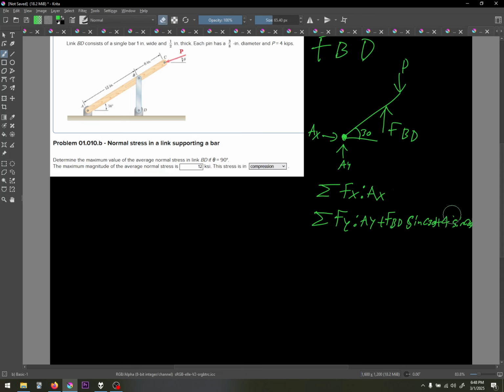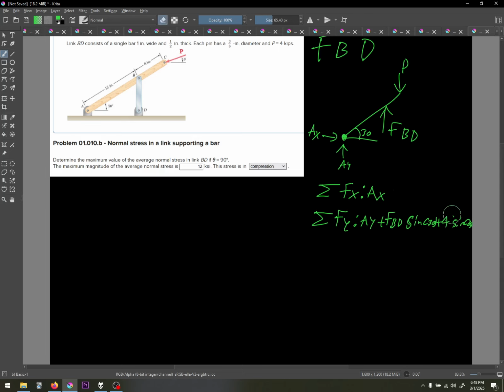Sum of the moments. We have two unknowns here at A, so I'm going to do it at A. Sum of the moments about A are going to be 12, which is our r, cross our F, which is going to be F_BD sine 30. R cross F